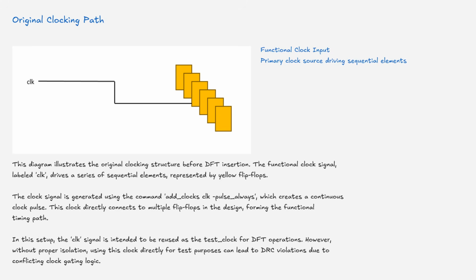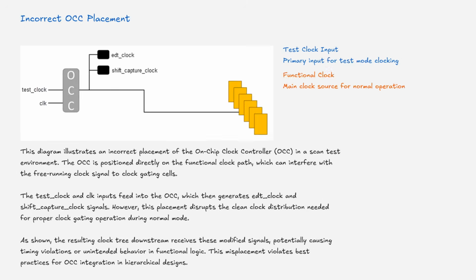In this setup, the clock signal is intended to be reused as the test clock for DFT operations. However, without proper isolation, using this clock directly for test purposes can lead to DRC violations due to conflicting clock gating logic. This diagram illustrates an incorrect placement of the on-chip clock controller in a scan test